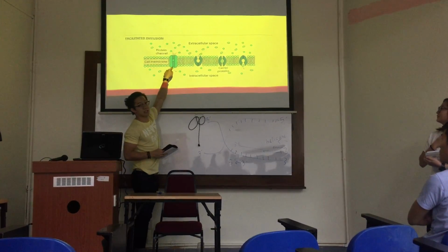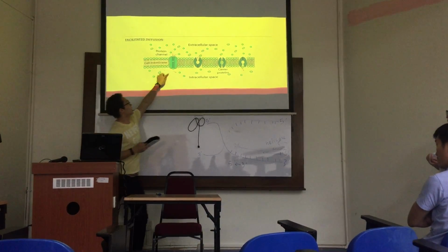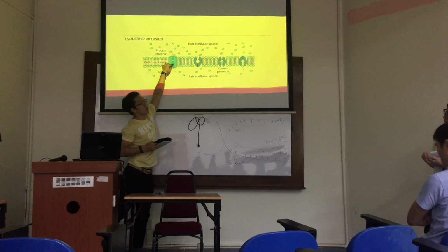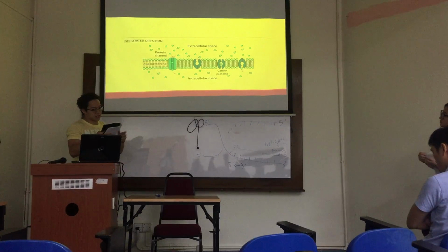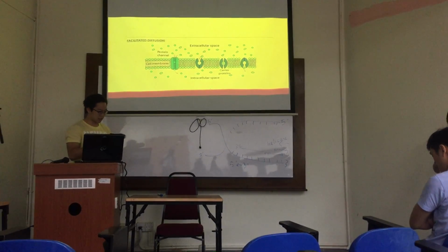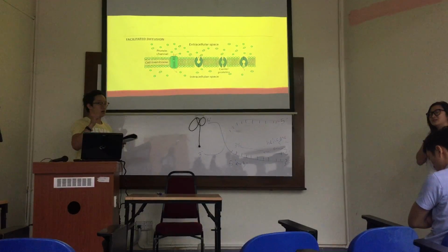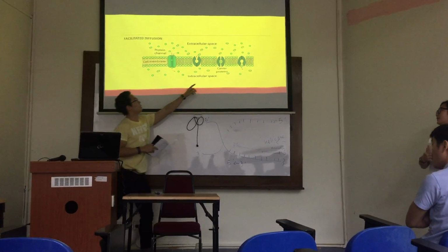The first one is the channel protein, and the channel protein contains a part, as you can see here, that is directly passed through the protein. And the molecules pass through at a high flux rate, which is a high speed. It can transport only water or certain ions, and it's very specific compared to the one we call here